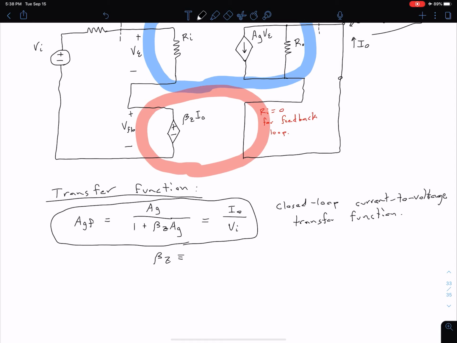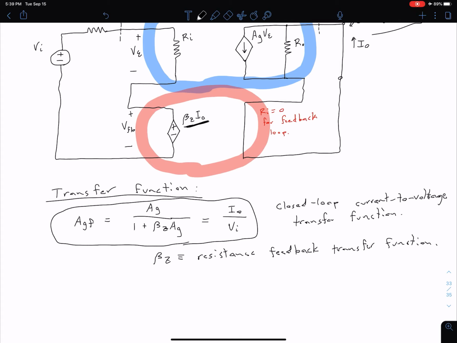So here we have a beta Z, which is just our resistance feedback transfer function. And so we can see why that needs to be slightly different, because if we focus on our feedback network up here, we see we're multiplying the output current by this beta Z in order to produce a feedback